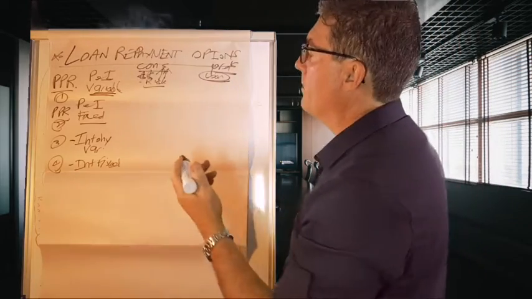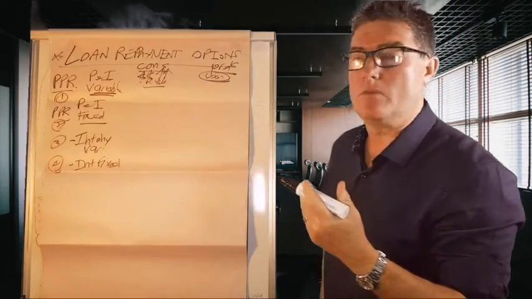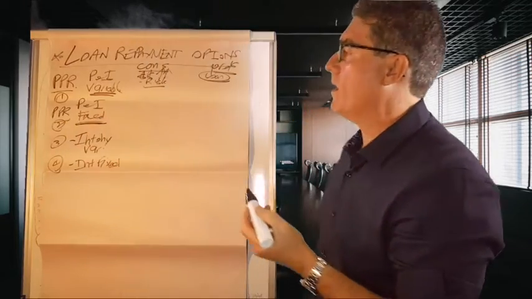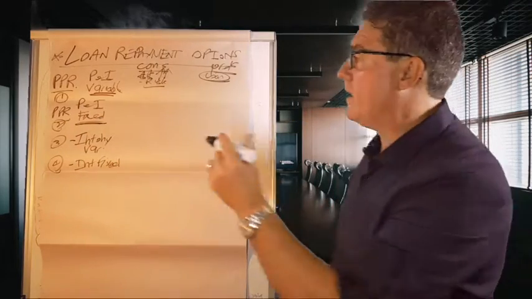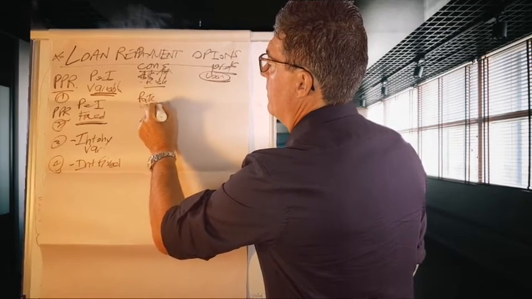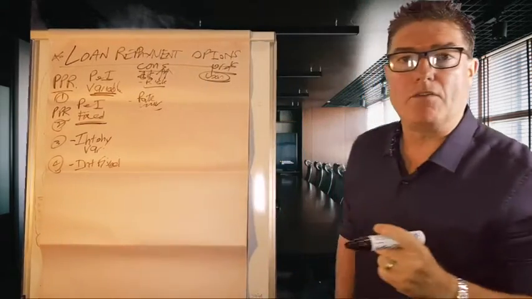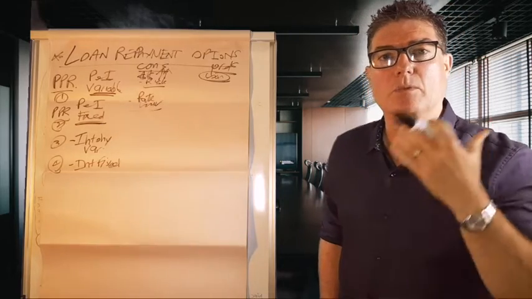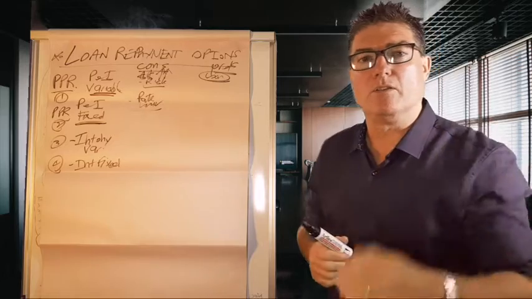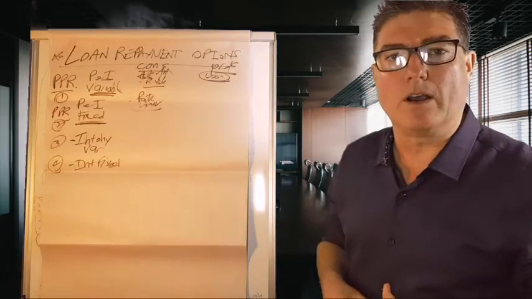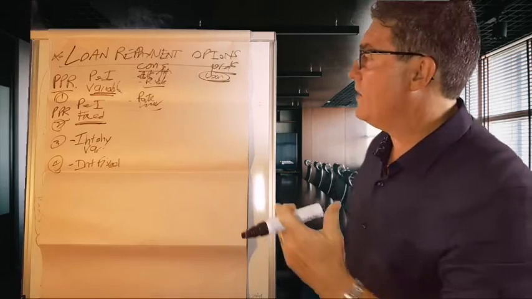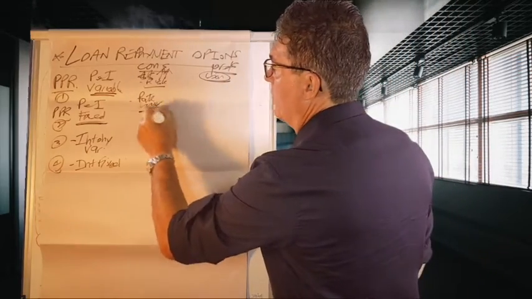So the second option is to do principal and interest, but then maybe look at the option of fixing. Now, what's good about fixing? Generally speaking, the rate may be lower. Now, when I started off in this game, we went and fixed at 5.89% because we'd heard that was the lowest rate that it has ever been since the Second World War. Guess what? Interest rates are now going down to as low as 2.9. So, in that time they dropped down as well. So fixing over a long period of time actually got us in trouble.